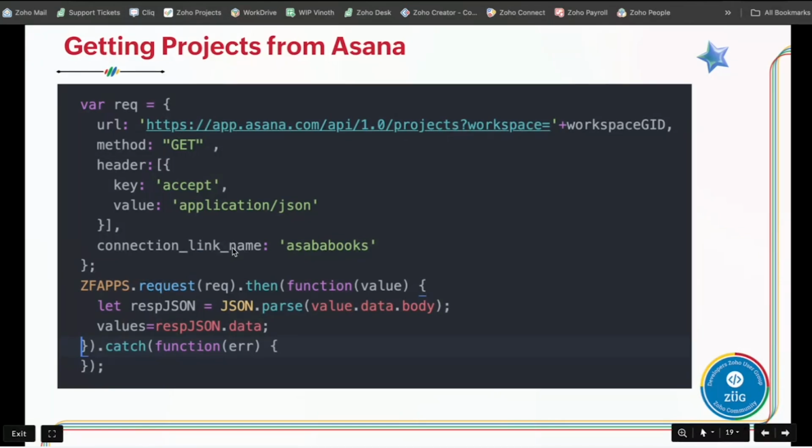So as we mentioned, we have used the request method to handle both the APIs. The first one is getting projects from Asana. For that, in the URL, I have provided the API for getting projects from Asana. Since that API follows the get method, that is, we are getting project information,